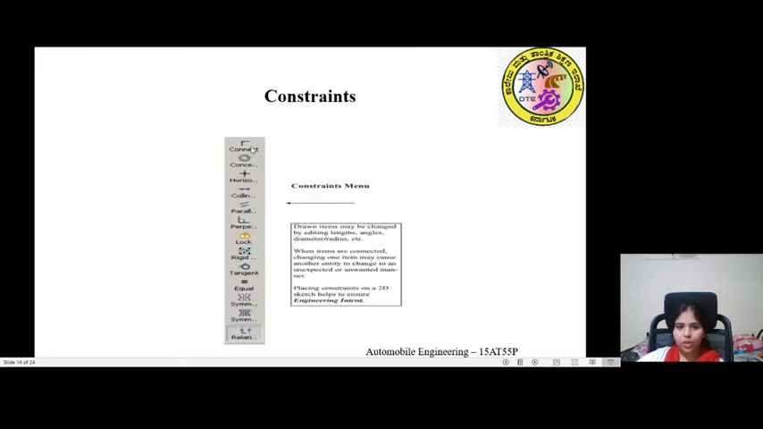Connect, which connects two lines together. Concentric, horizontal, collinear, parallel, perpendicular, lock, rigid lock, tangent, equal, equal means makes two lines equal, symmetric, around the axis two objects will be symmetric to each other too, and then like this. Okay,